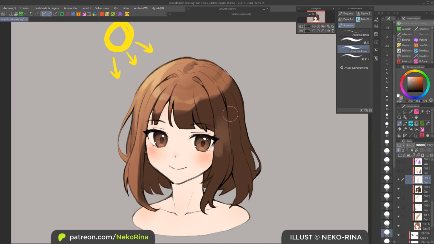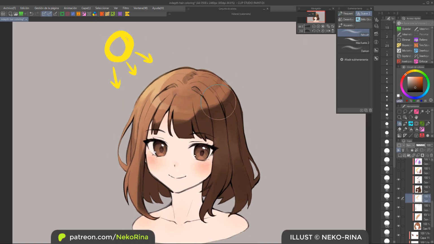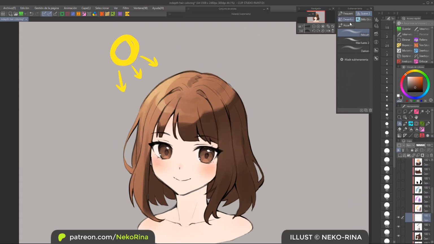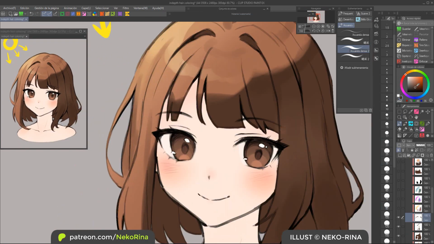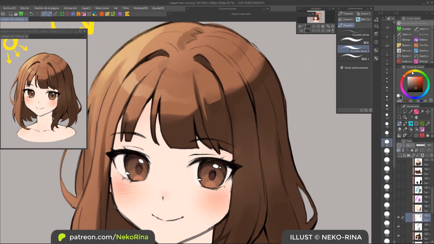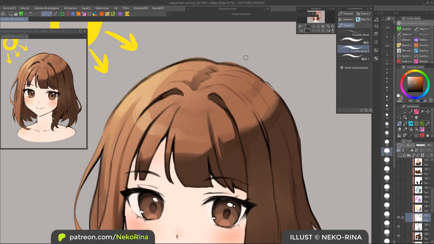On shadows, I like playing around and adding either a slightly lighter color or a slightly darker one. Whatever I see fits the idea I have in mind. And for this, I think a soft brush or a blending brush like watercolors or my custom brush, the Tata brush, work very nicely. I'm just doing this to try to add some more color variety and make the drawing richer. Now once I have something I like, I just keep refining what I have, either by going back and forth between layers or painting on top of it if I'm too lazy.